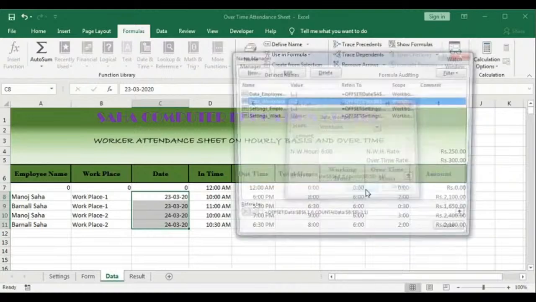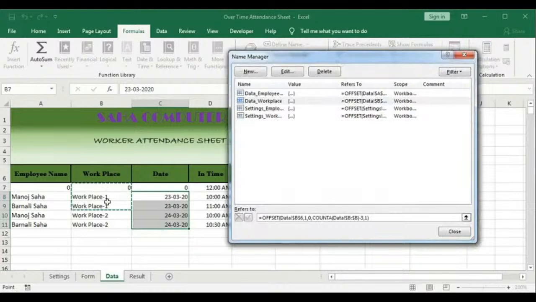Okay, now select this one. You can see here it is taking these two cells. So to increase, it is not counting this one and this one, so you have to give here 1,